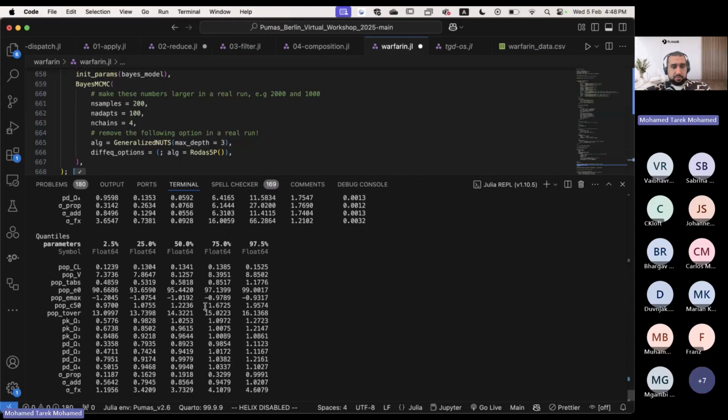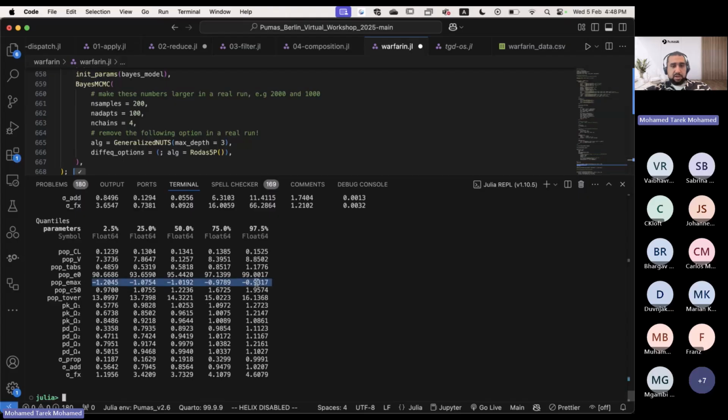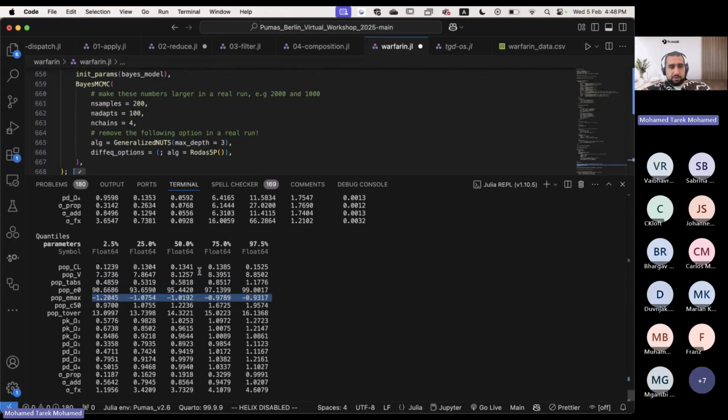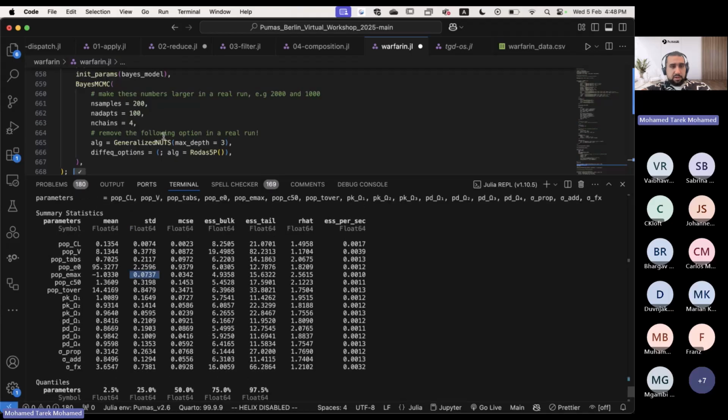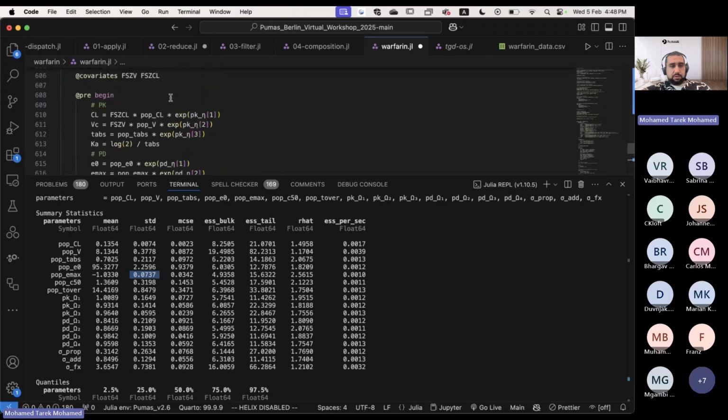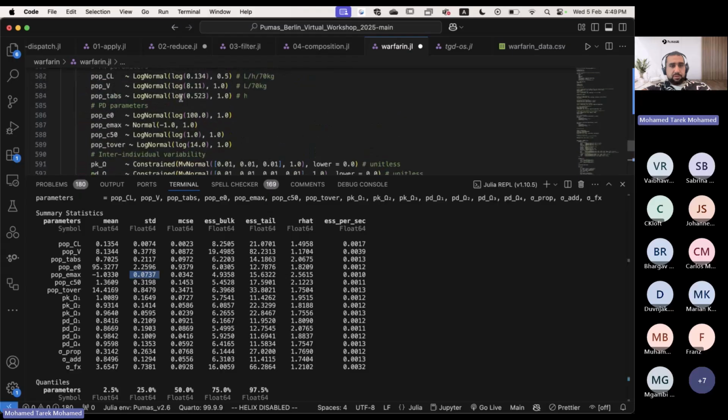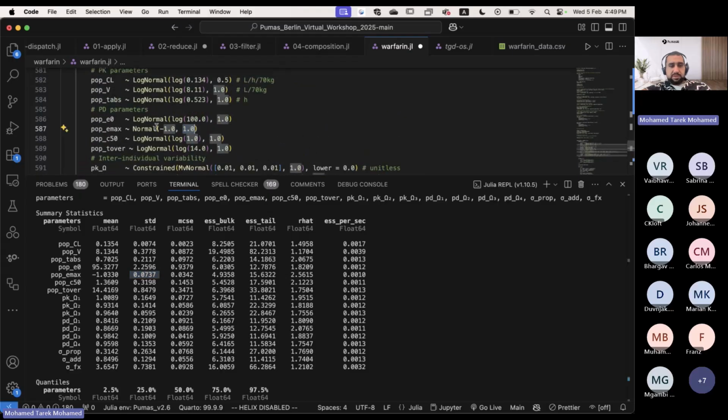Now, if you want to look at the parameter values, and in particular let's look at the Emax, you will see the quantiles: this is the 2.5th percentile of the posterior samples, the 25th, 50th, 75th, and 97.5th. You'll see that all of them are reasonably centered around 1. That's a good indication that maybe 1 was a good idea. And the standard deviation of this Emax parameter is actually 0.073, even though in our prior distribution we gave it a standard deviation of 1. Right, and it was centered around -1 as well,